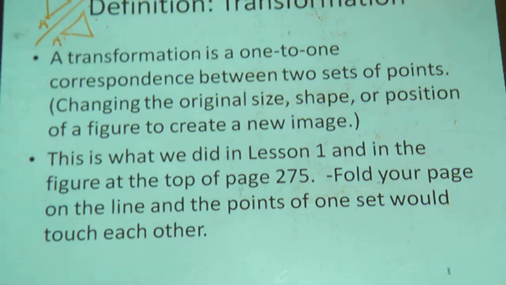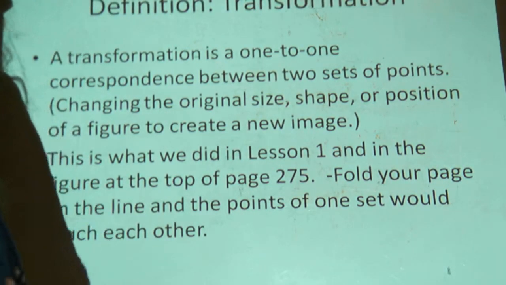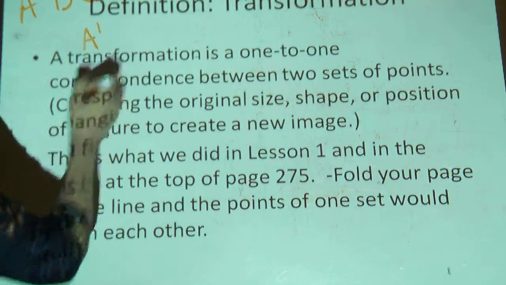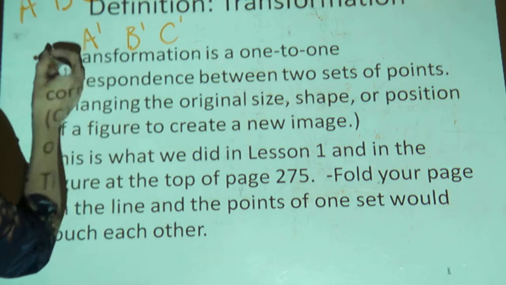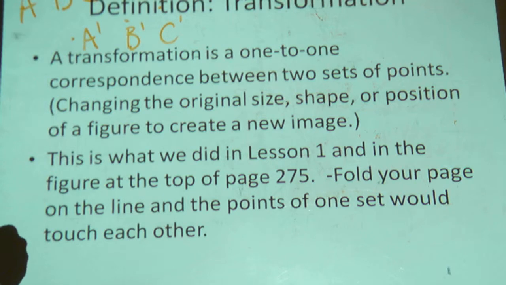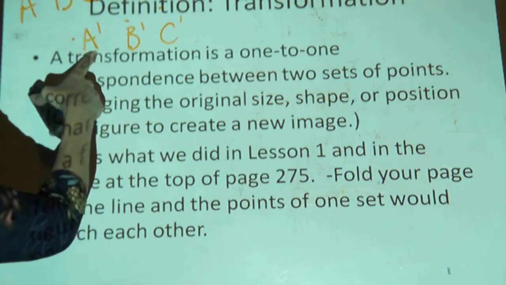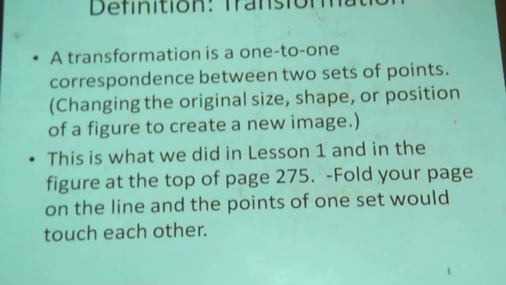At the top of your figure on page 275, you'll see an ABC there. And you'll see there's A, B, C, and then there's A prime, B prime, and C prime with the dots in front of them. Something like that. The transformation theorem, actually we haven't got there yet, so that's what they're talking about. So look at that picture on your page and keep it there because we're going to be talking about that.